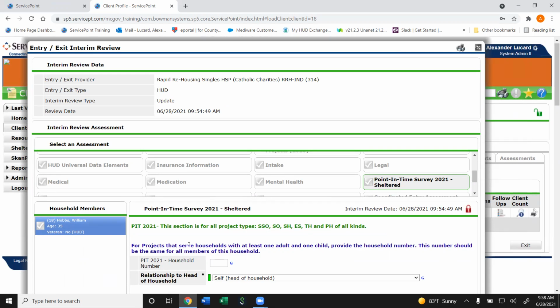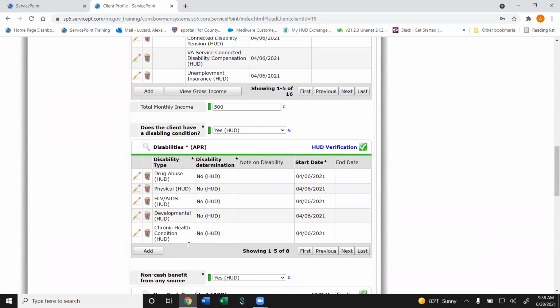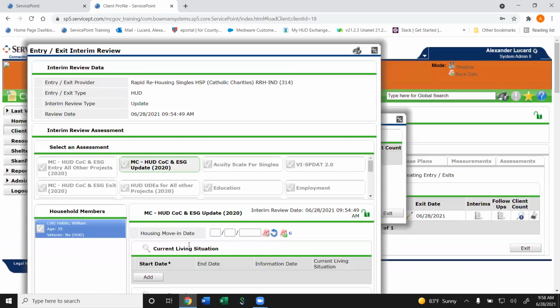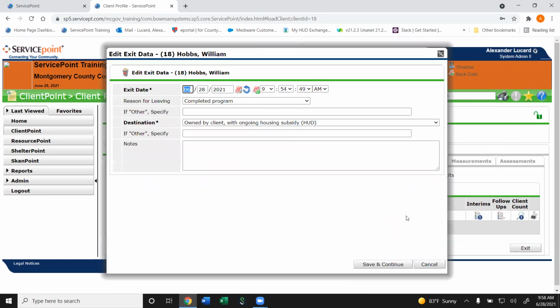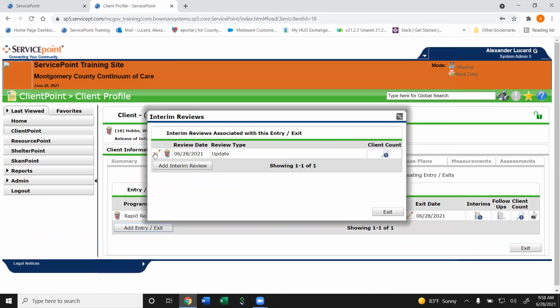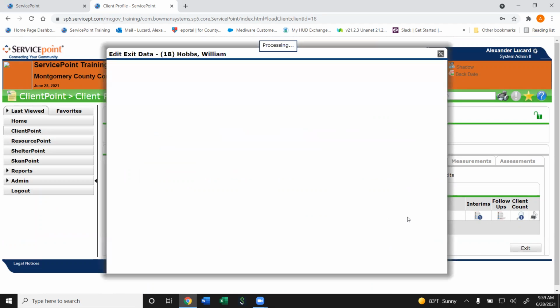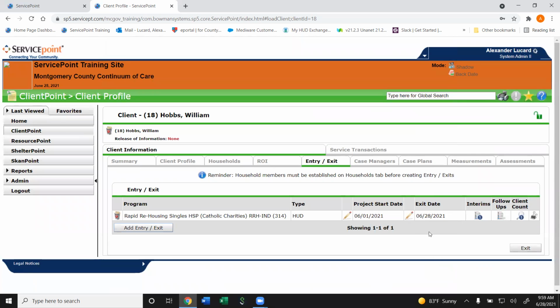I can fix my errors here and just go through everything and fix it. I can fix any of the exit errors here. Why? Because we've got an interim for the exact date and time, 9:54:49. By going through the interim, we aren't recalculating the exit date because we aren't choosing save and continue on the exit date. Your timeliness score will remain intact of 0 days for the exit date,